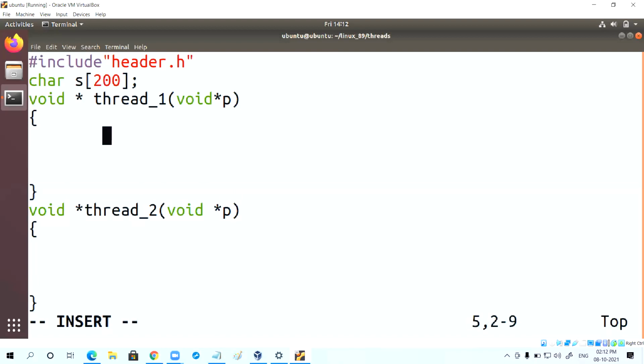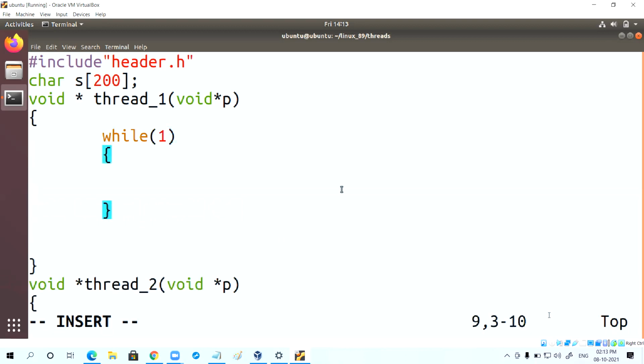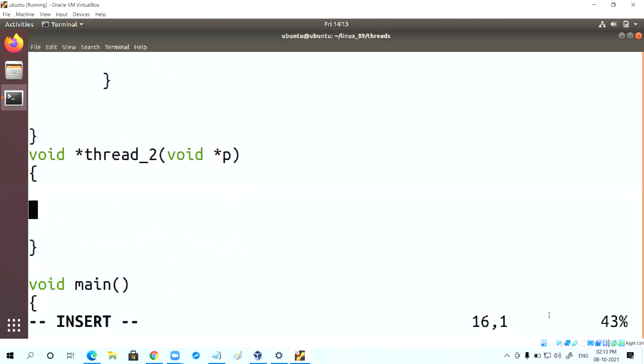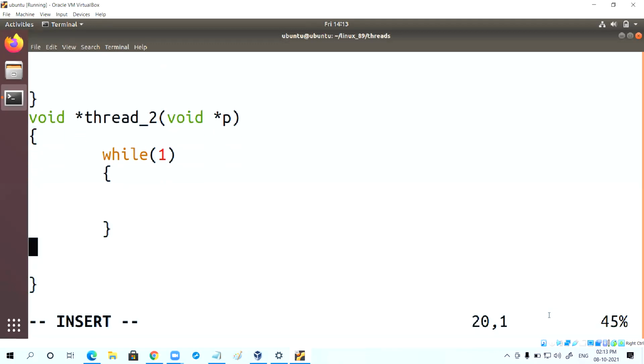Suppose thread 1 is in a while(1) loop and thread 2 is also in a while(1) loop.